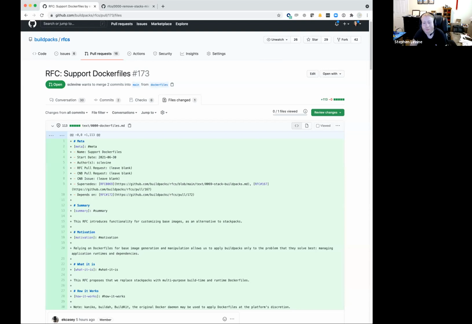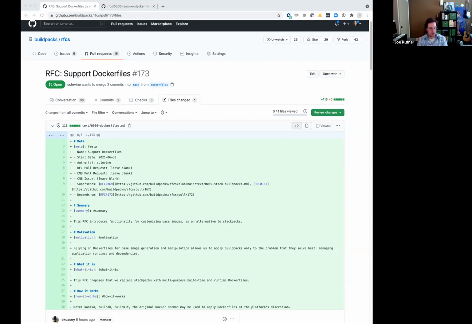Yeah, no, I'm super supportive of exploring this. I think I mentioned yesterday in another chat, when I first proposed stack packs, I actually called it root build packs. It was about a year and a half ago, and the intent was very similar to this. But at that time I wasn't comfortable with Dockerfile support or integrating with Dockerfile. I think that had a lot to do with optics and where we sat in the ecosystem.